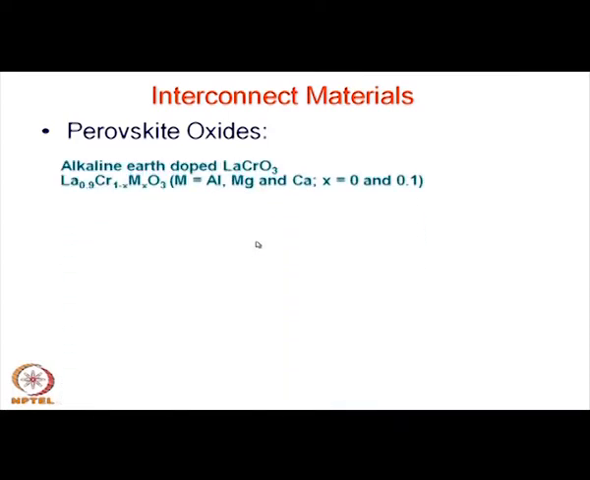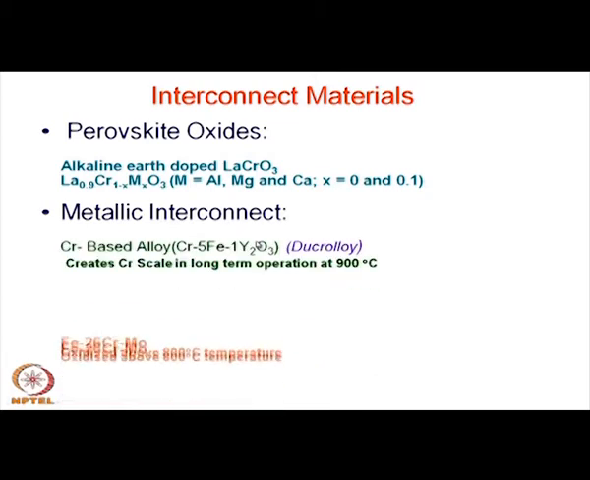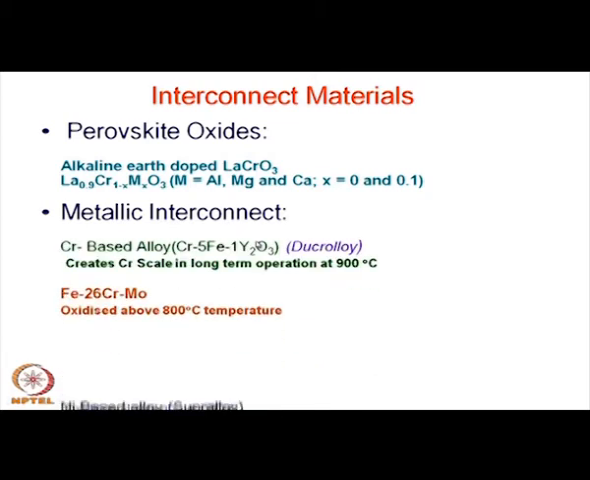So, these are the different kinds of interconnects people have tried over the years. One started with perovskite oxides, since most of the other materials are basically oxides or ceramic materials. So, a natural choice was to find a high temperature oxide which is electronically conducting, and one could find this kind of compound, again a perovskite compound, lanthanum chromite. Lanthanum chromite has a fairly high melting point, and at high temperature it has a very good